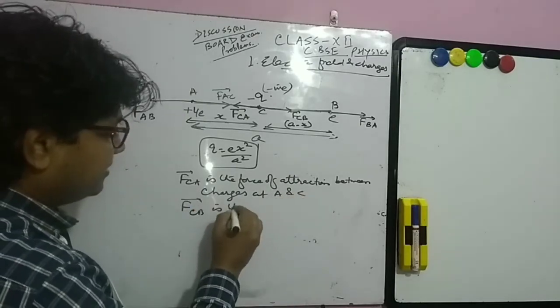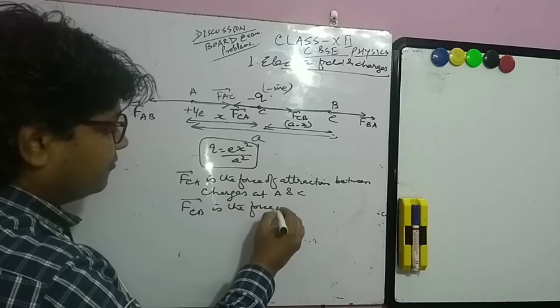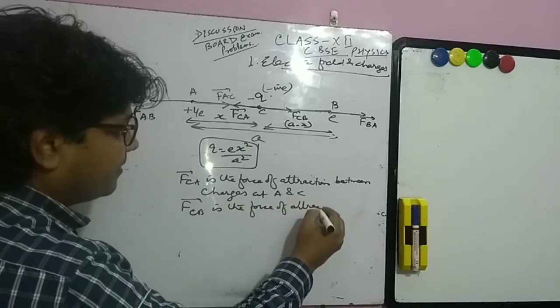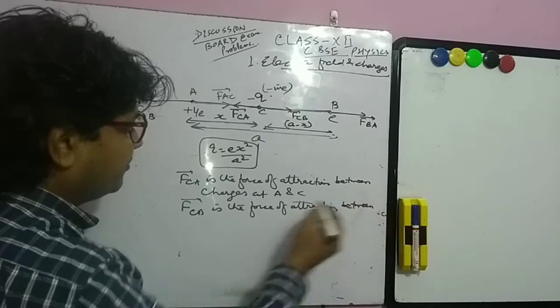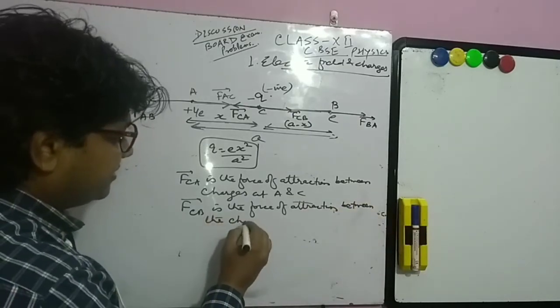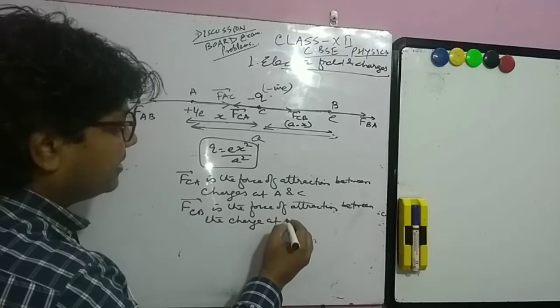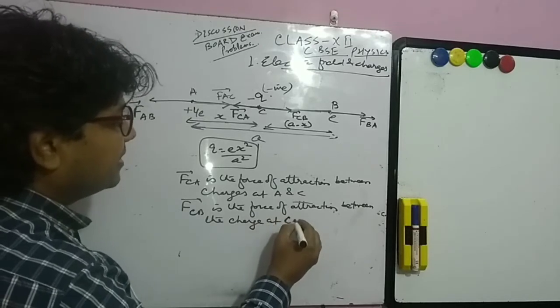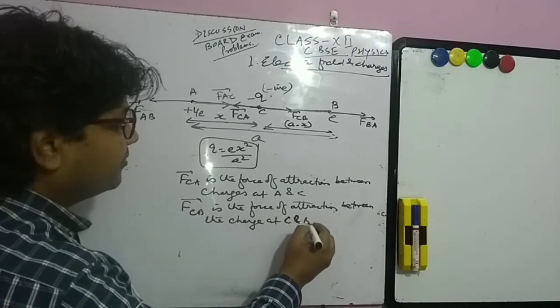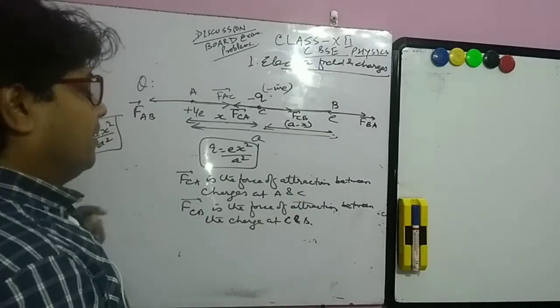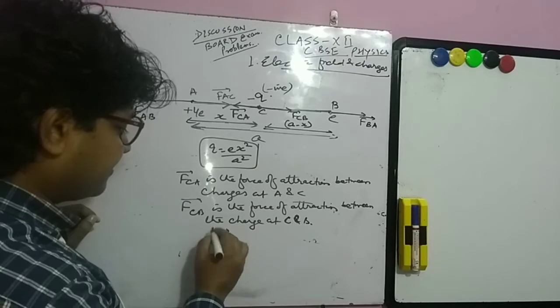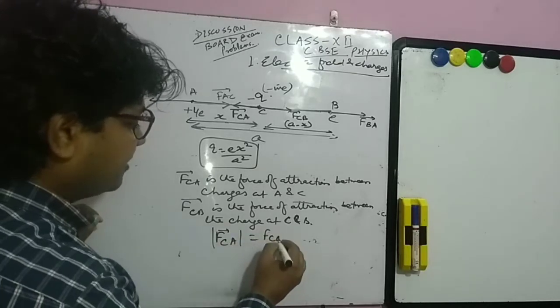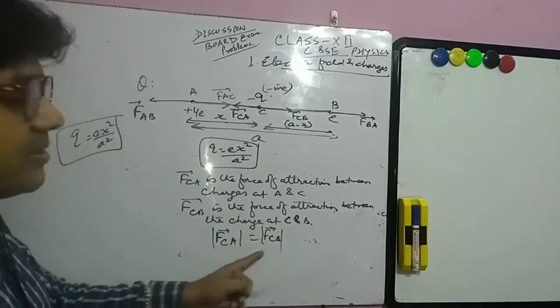FCB is the force of attraction between the charges at C and B. So what we are going to take here is this magnitude, FCA and FCB,